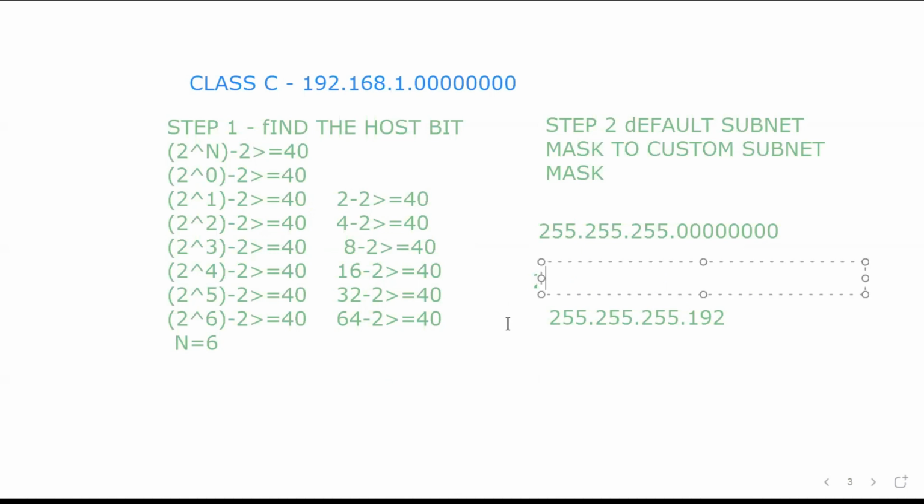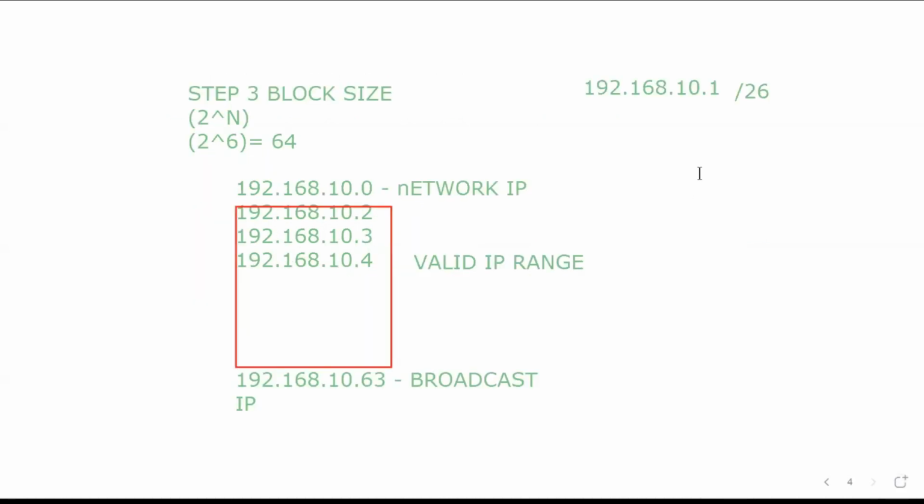Just like it is an 8-bit, 8 plus 16, 16 plus 24, and 2 is this, so it comes like 26. Okay, so slash 26, this is our